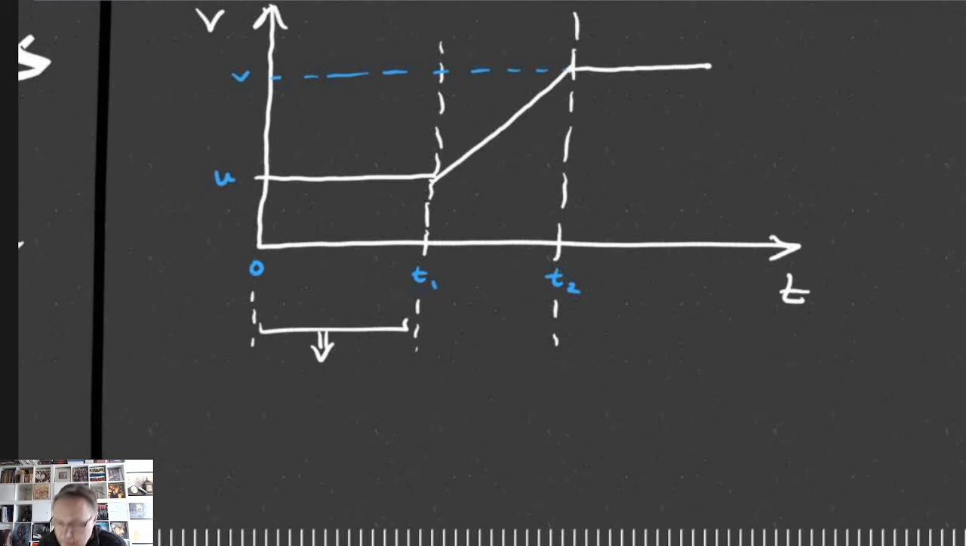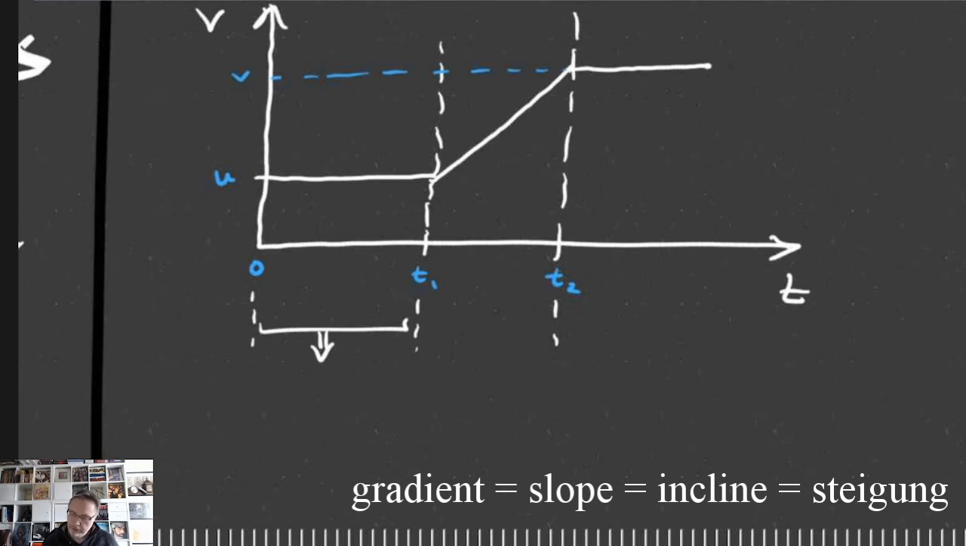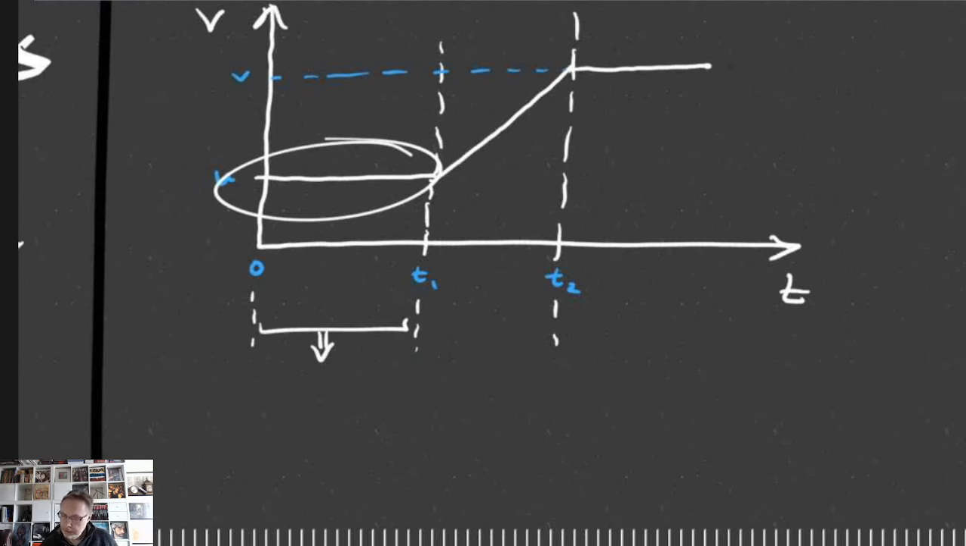Now, I know that the acceleration is the gradient, and the gradient of this is 0. It's got no slope, it's got no incline. And that's right, because it's not accelerating. If we remember,